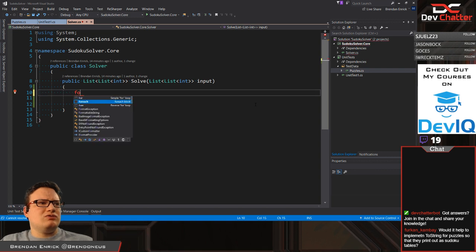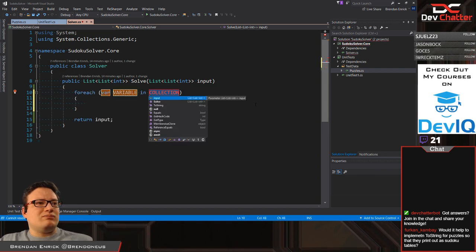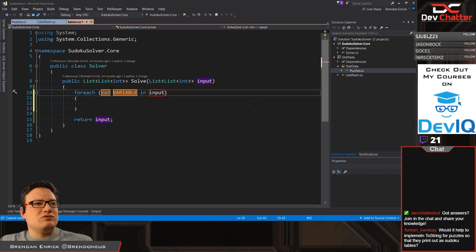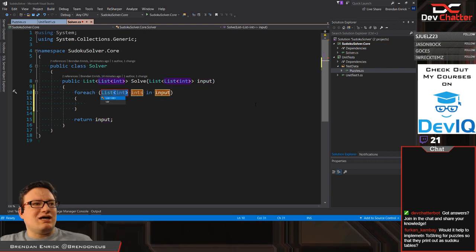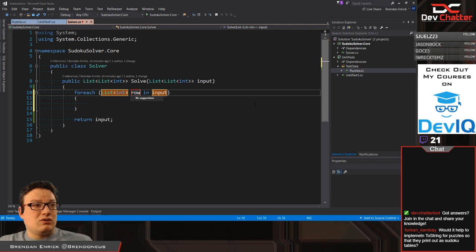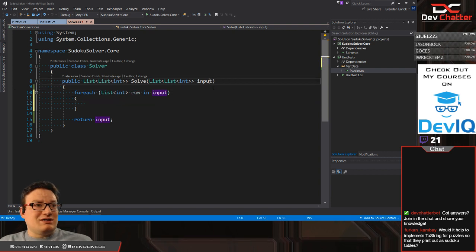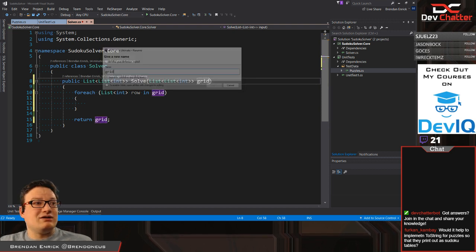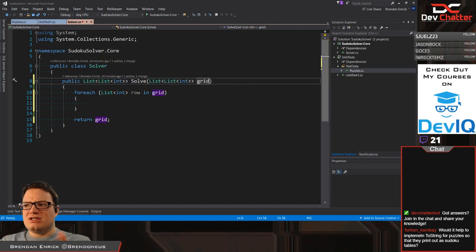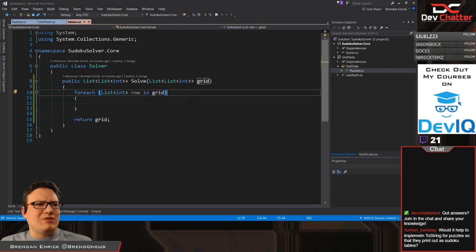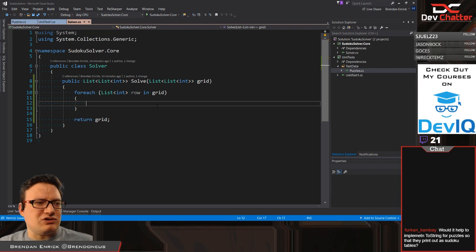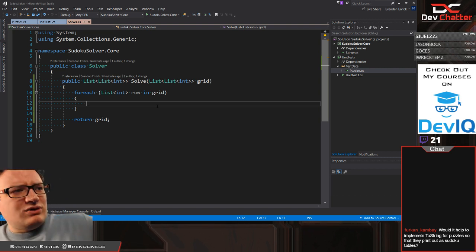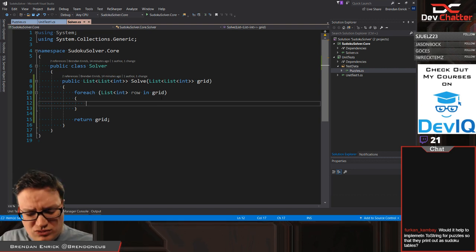I kind of want to do, for now, for every input, we have a list that is a row. So let's change the name of input, because I actually prefer to call this the grid, because it's a 2D grid. So grid or matrix, some kind of thing like that. That's our two-dimensional piece. And the next one here is the row. So for each row,